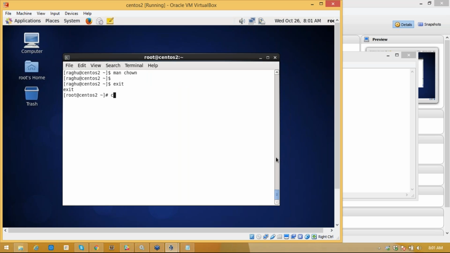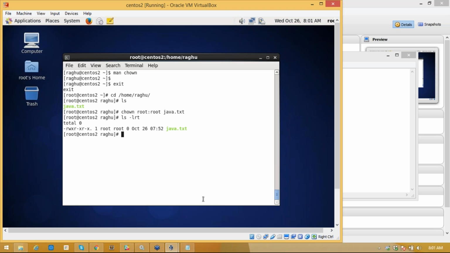Now let us say I'll go to /home/raghu. I have a file called this. Now chown, I say root:root. I'm changing the permissions of both the user owner as well as the group. Now you can see ls -lrt. Now you see you have changed the owner as well as the group permissions, group as root. In that way we can